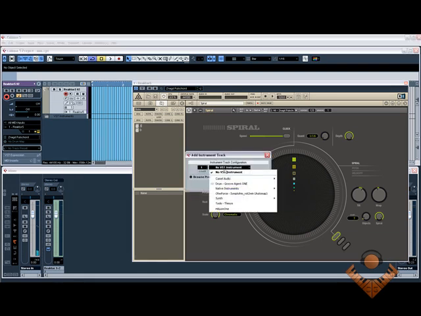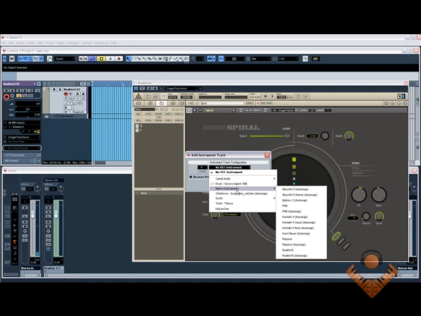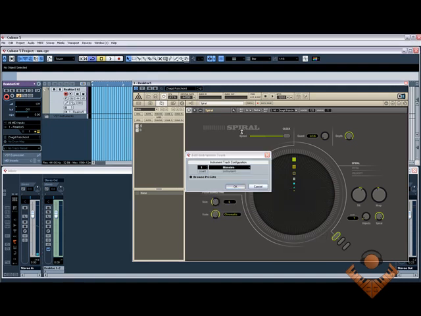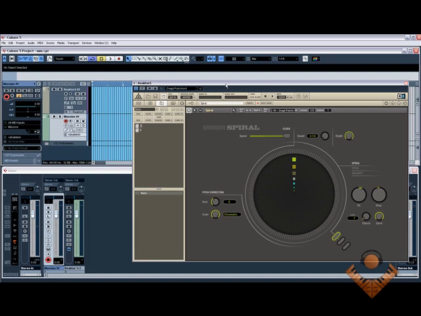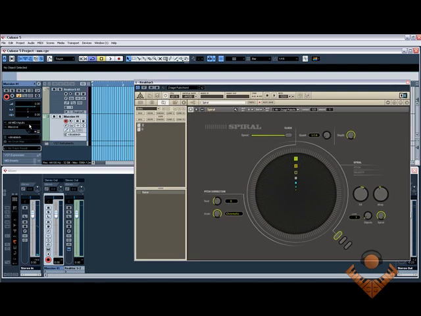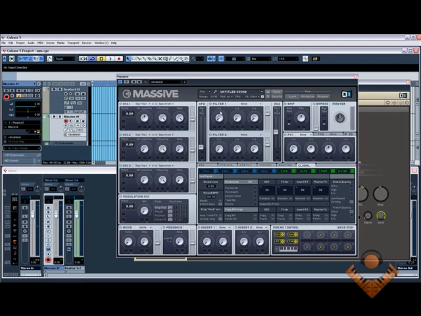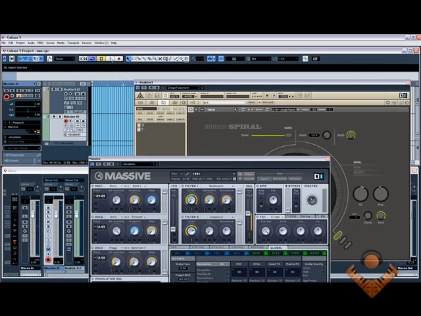But what I'm going to do is add another synth. Let's go for Massive. Okay, and what I need to do now is go to the input of Massive and put that to reactor 5. So now what's happening is this device here is sending all the MIDI information through Massive. So let's just find the sound in Massive. Right, we'll just use the first sound, 1991. So if I press play,